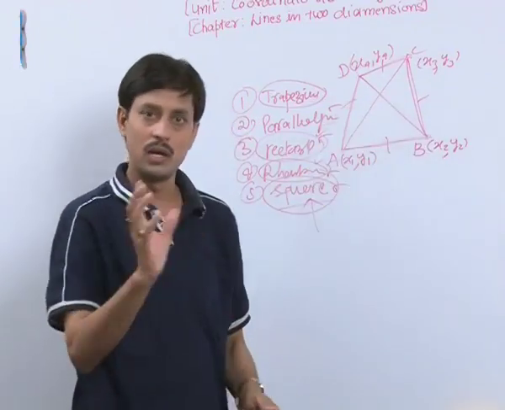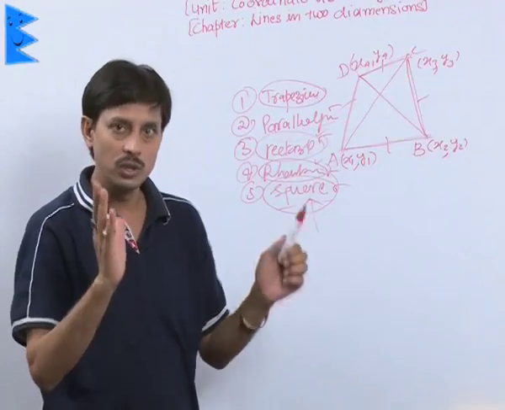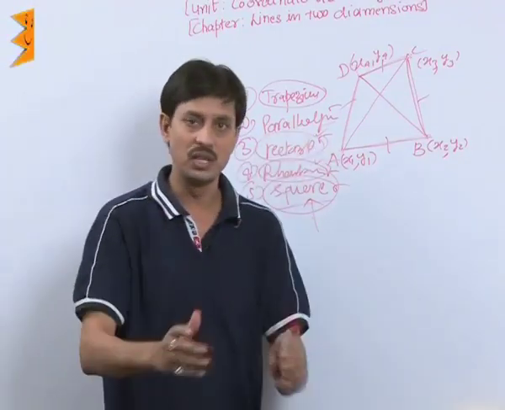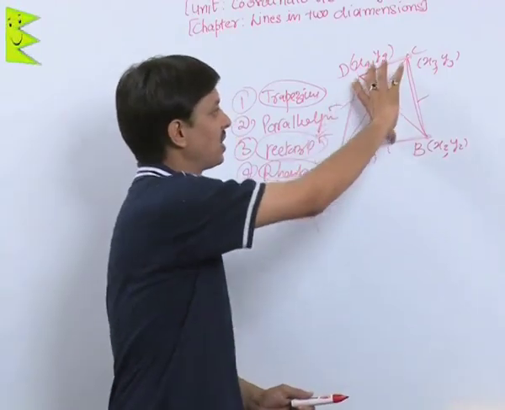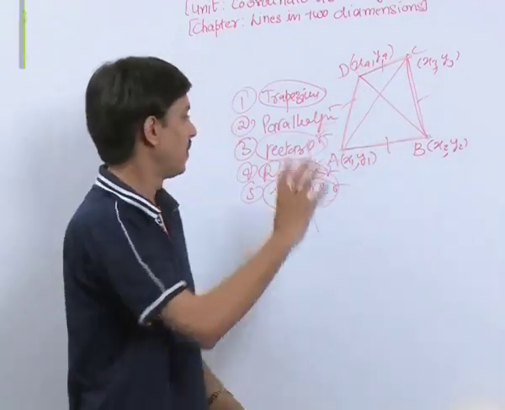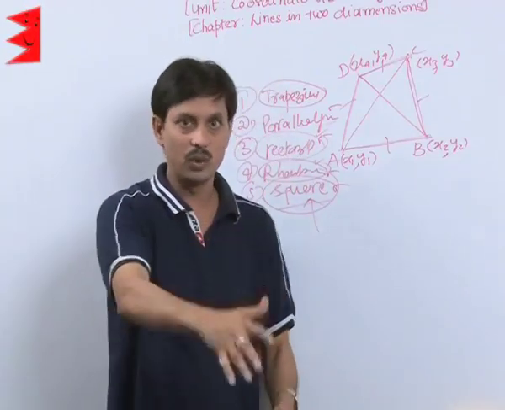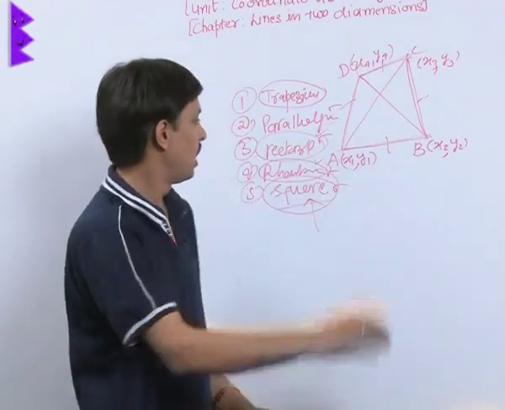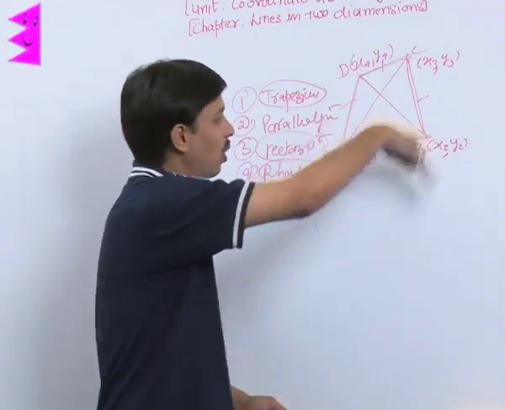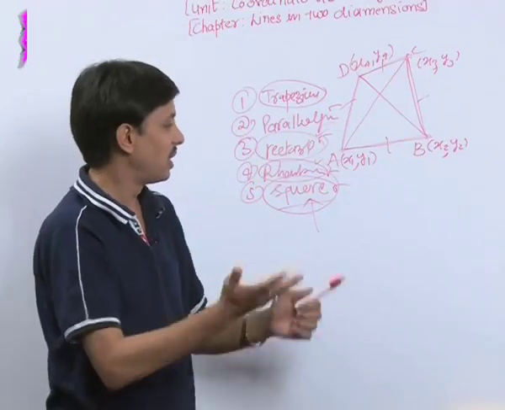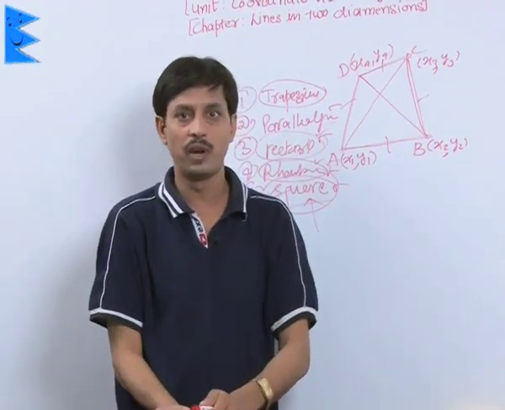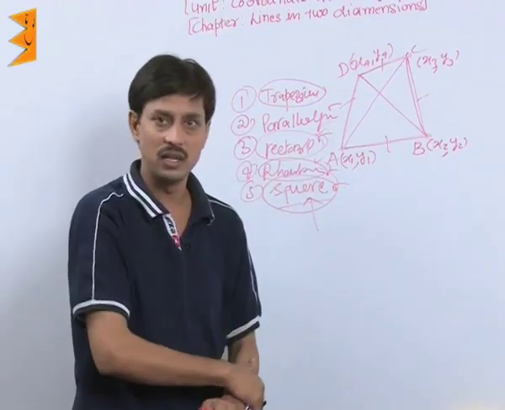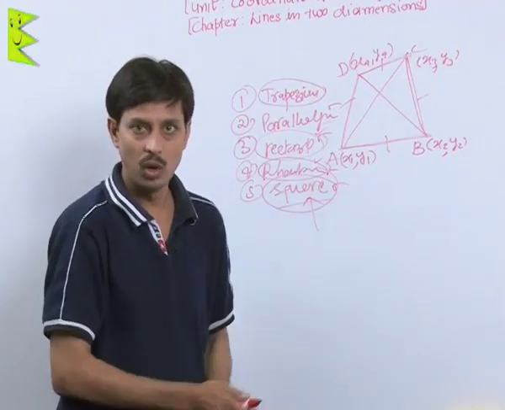A quadrilateral can be a trapezium, which is not for use at the level of class 10th. It can be a parallelogram: if the lengths of opposite sides are equal, you will say it is a parallelogram. It is a rectangle if the lengths of the diagonals are equal, diagonals being the line segments that join opposite vertices. It may be a rhombus if all four sides are equal. It can be a square if it holds both properties of the rhombus and rectangle, that is, diagonals are equal and all sides are the same.